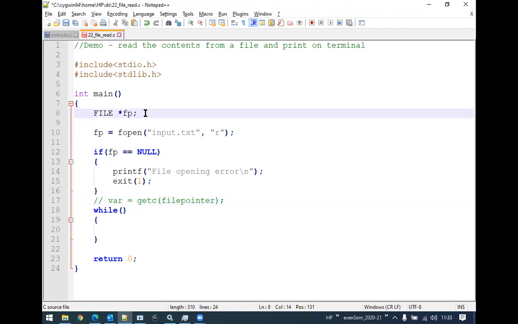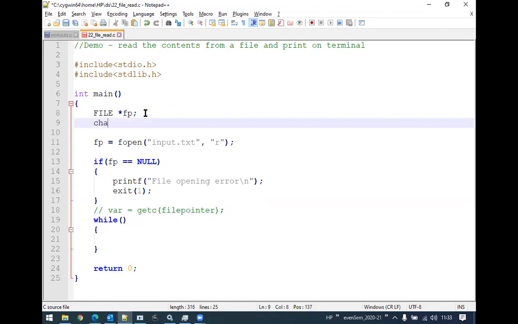For that, let us declare one variable here. Let's say char ch. Now this ch variable, a character variable, will be used to store the character whatever this getc is going to read. Now we need to read the character until when? Until we reach the end of the file, right? Now pay attention and see how I'm going to write the condition.